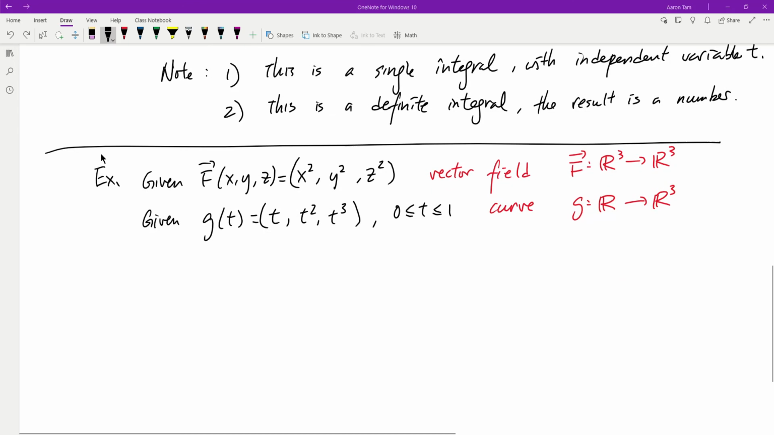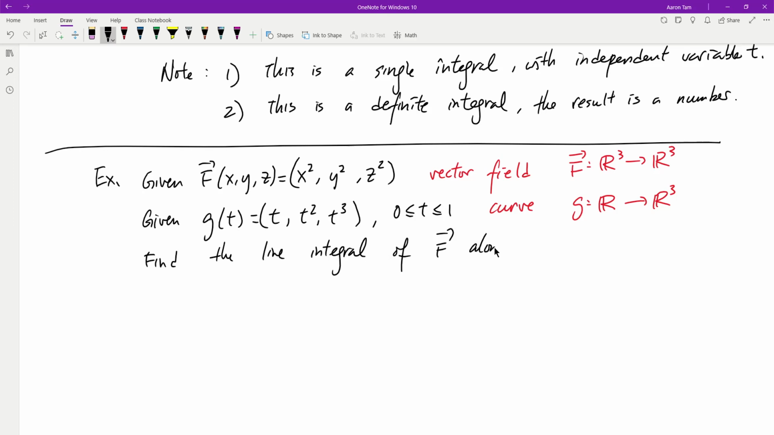So let's see. How about we just find the line integral of vector F along the curve g of t. There you go. So how do you find this line integral? Well, just use the formula. The formula is this: integral from a to b of vector F of g of t dot product g prime of t dt. So it's just a matter of trying to find everything we need to plug into this formula